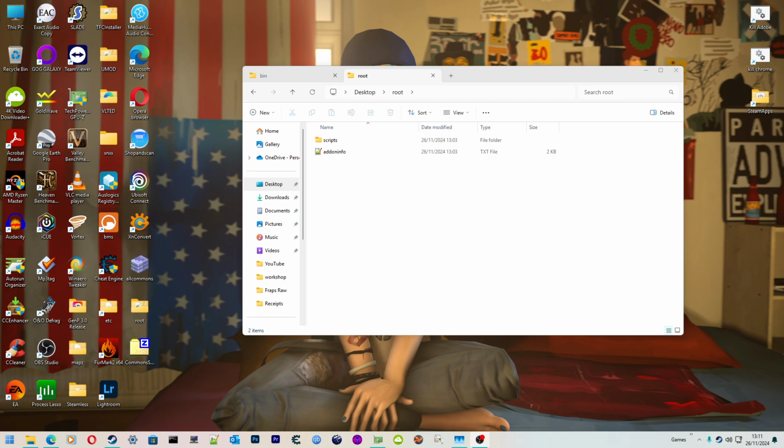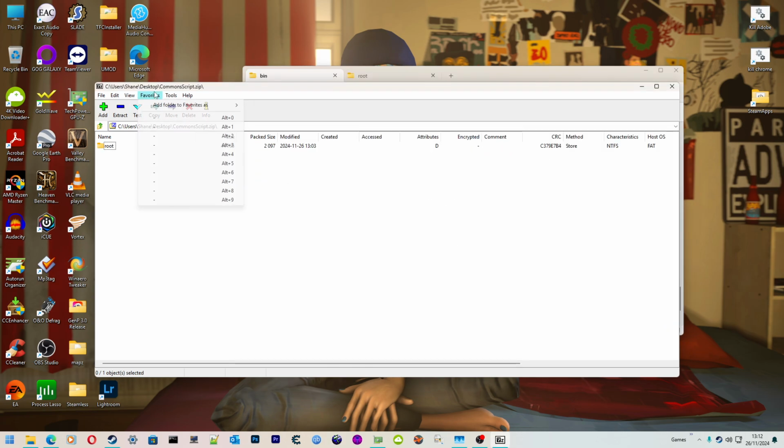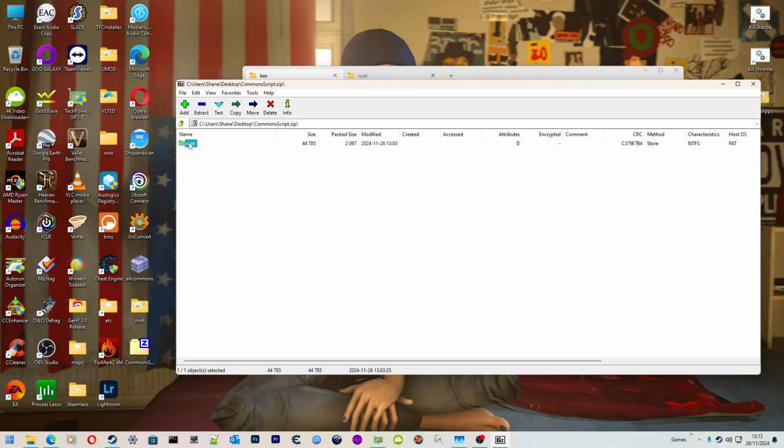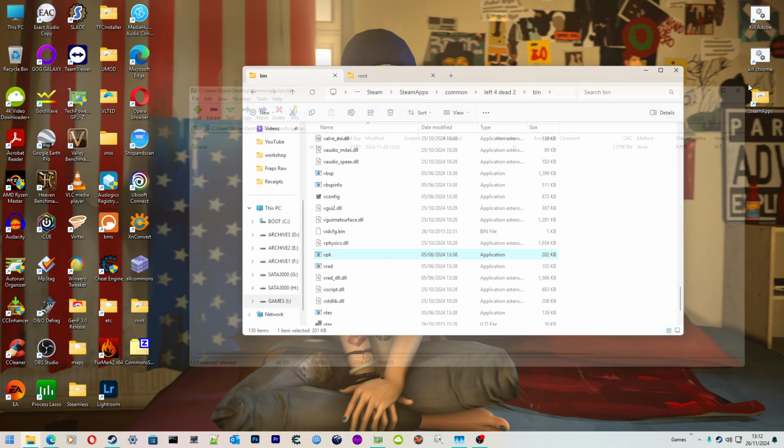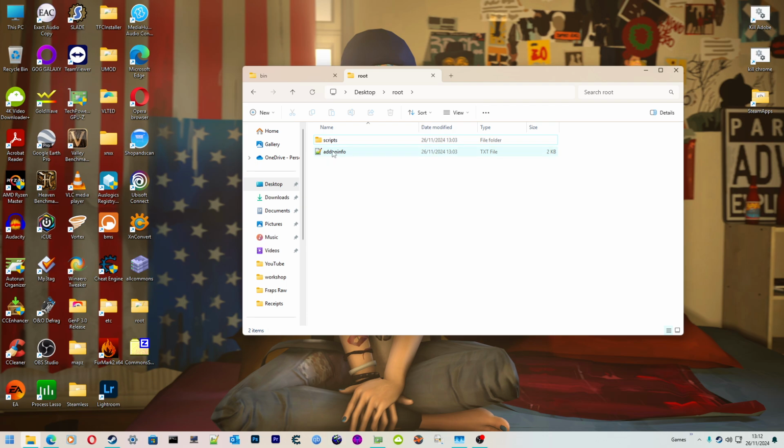So links down below in the description is a reference file. The reference file will contain the script that you need to edit, and I'm now going to show you how to edit that. So once you've downloaded it, this will be the script that you need to edit. Just open that and extract it with 7-zip or WinRAR or whatever's built into Windows, and you'll get this root folder. You go into this root folder, you'll see two files, population.txt and